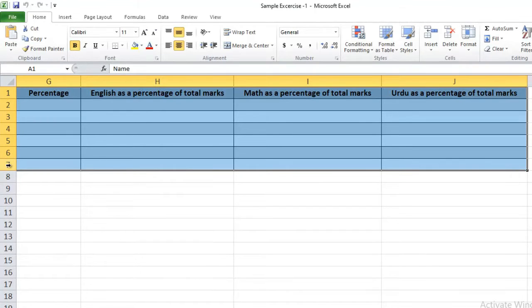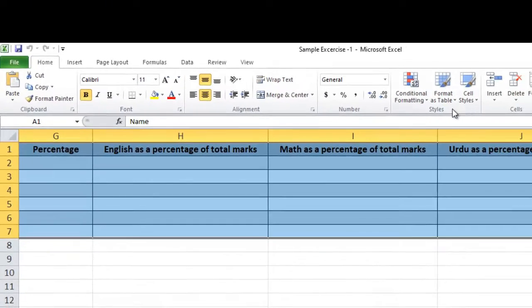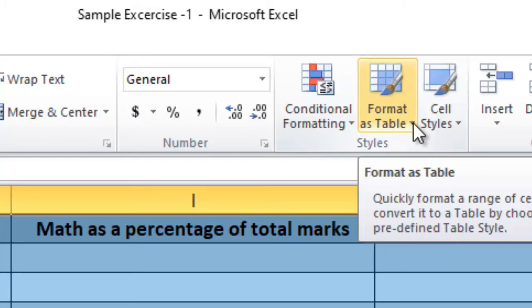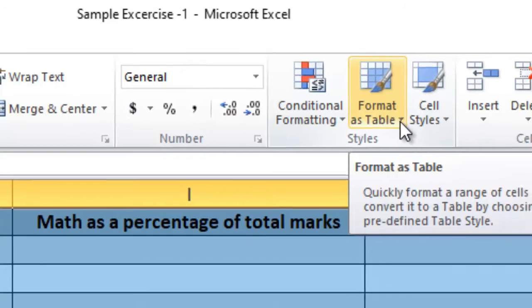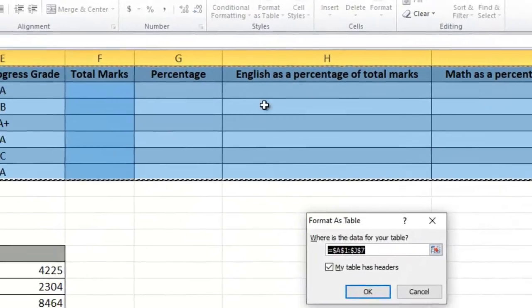Now after that we need to convert that into a table. Format as table. In the Home tab we have these different groups, and here's the Styles group. Here's our objective, so format as table. Click on this drop down arrow and you will find different formats over here. You can select your desired one. I'm going to pick this one. After selecting this format as table, it will automatically add a filter at the top of your columns like that.